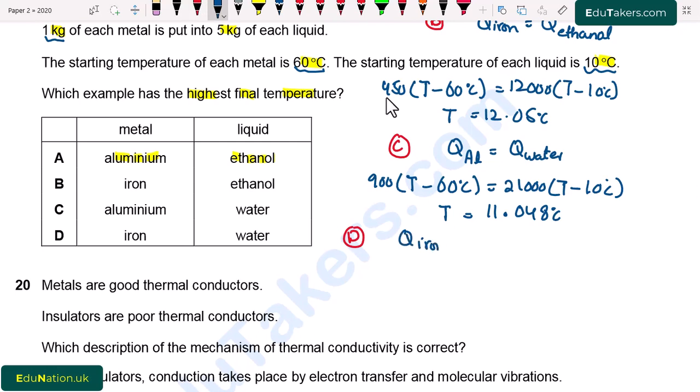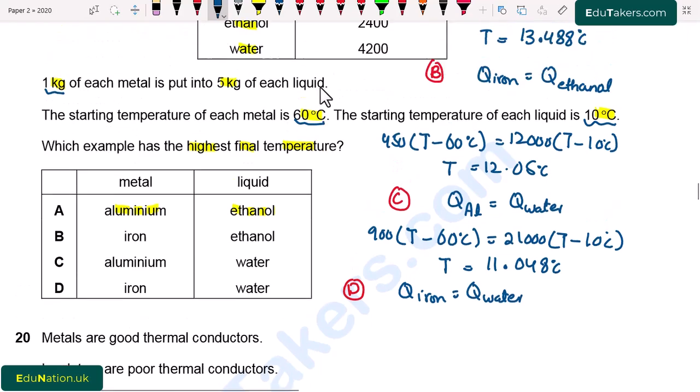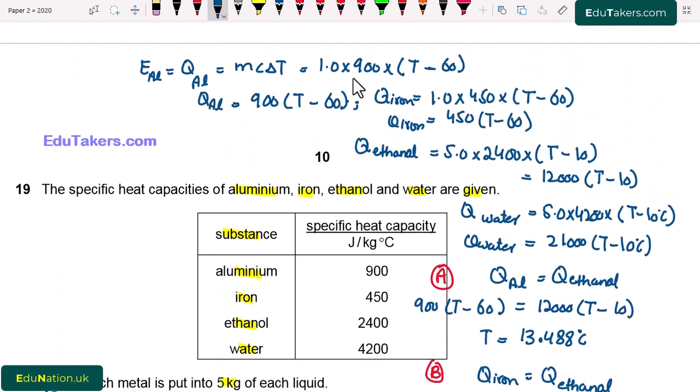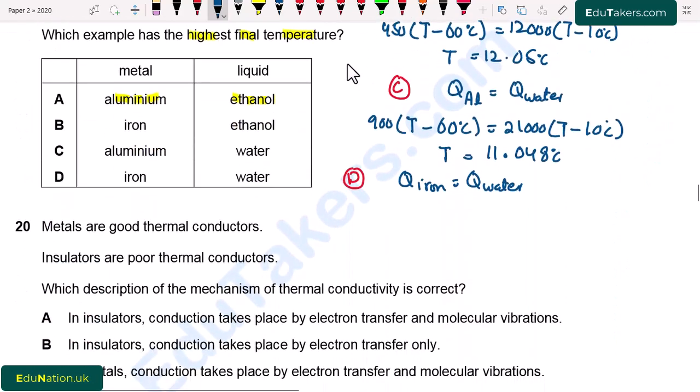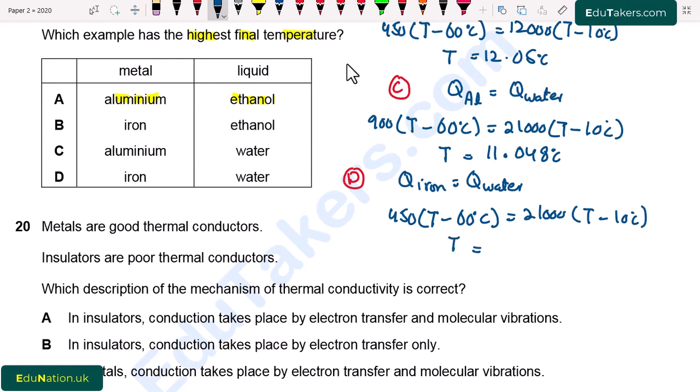Heat of iron is equal to heat of water. So for the iron, 450 (T minus 60) will be equal to, for water, 21,000 (T minus 10) degree C. So the temperature will be equal to 11.8 degree C. So from here, when I see all of these temperatures,